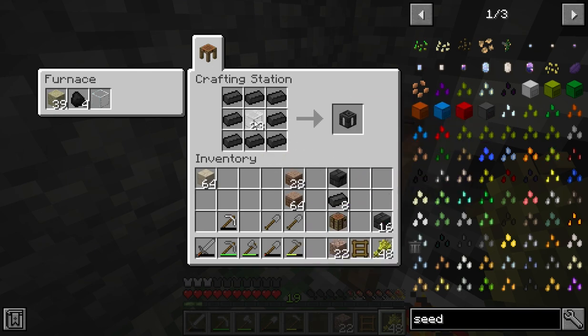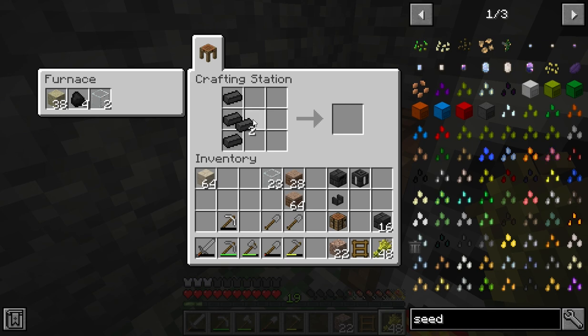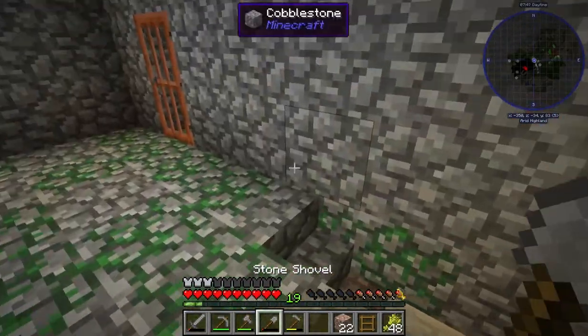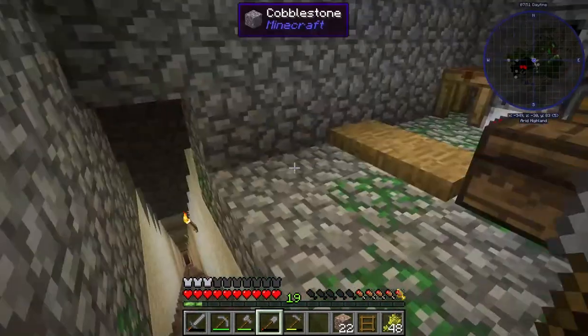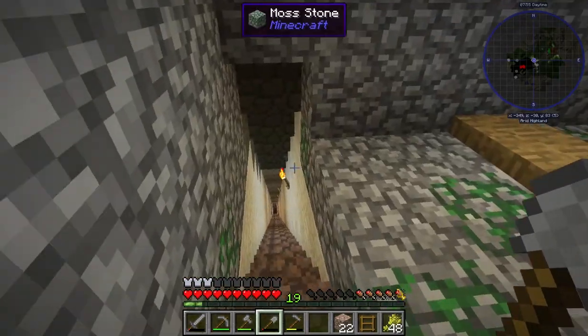Alright. Seared tank. Faucet. I think I'll need a lot more seared bricks than this. Let me head down into the mines, grab some gravel. We can use that to make some more grout and make some more seared bricks, and I'll start work on